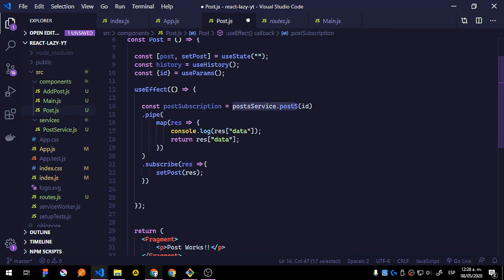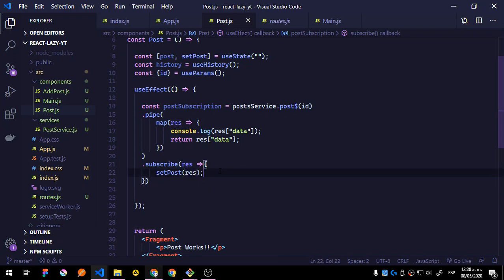We're going to get the observable from the service using the ID. So you can see that if I use this ID, it means I'm using this one on line 10. So we're going to deal with the stream. In this case, we're just going to pass it as it is. So this is the response, and we're going to return the response data. So in this case, we will not need to use the data because it's going to be now in this